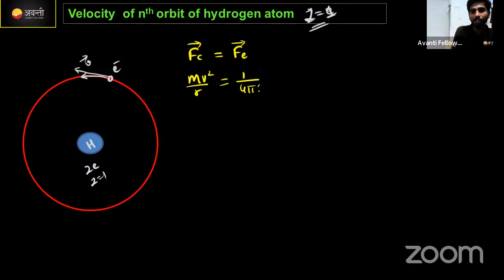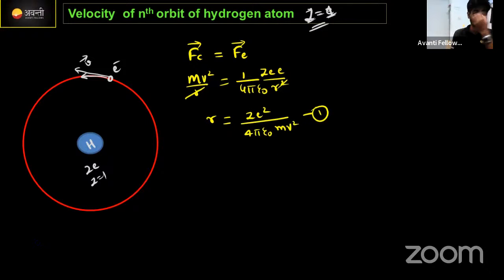इधर 1/4 pi epsilon naught into ze into e by आर स्क्वायर होता है। 1 आर से 1 आर मर गया, करेक्ट ना। आर को इधर ले लो, why I will tell you, r value will become z e square divided by 4 pi epsilon naught into m v square. This is the one equation for radius, correct now,